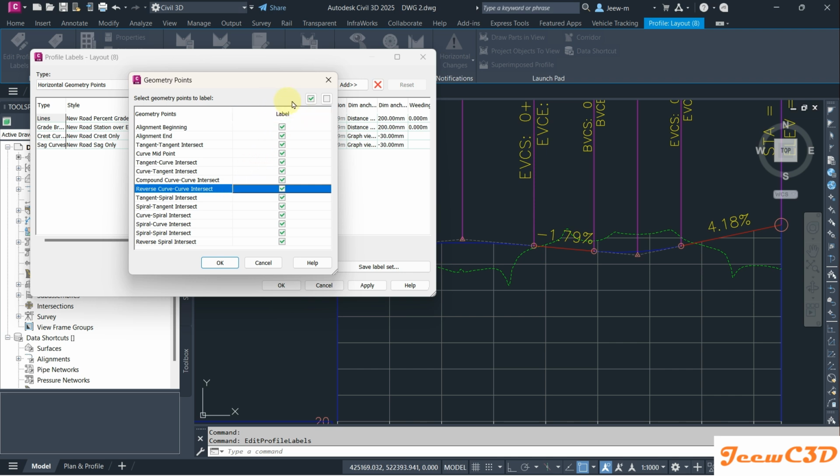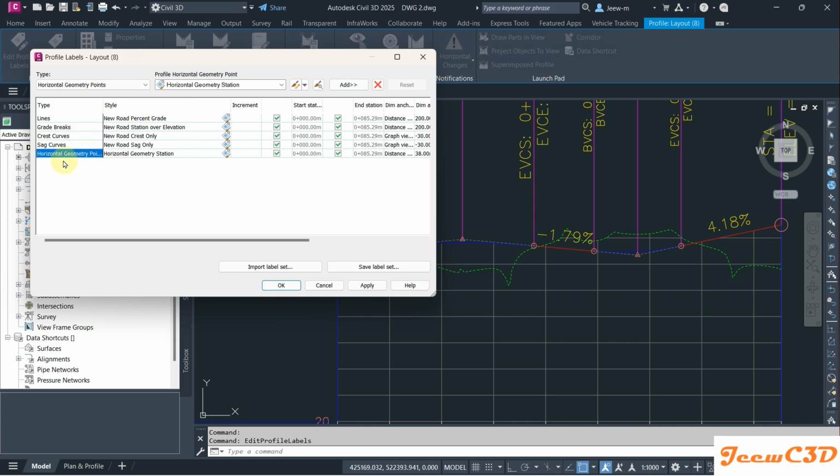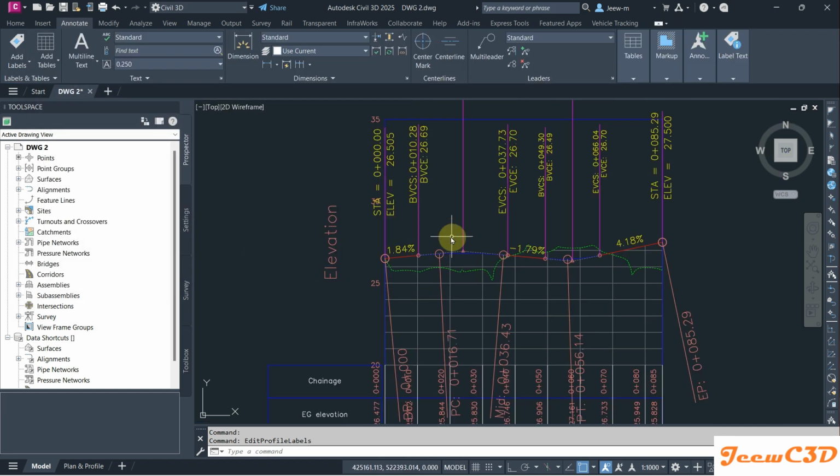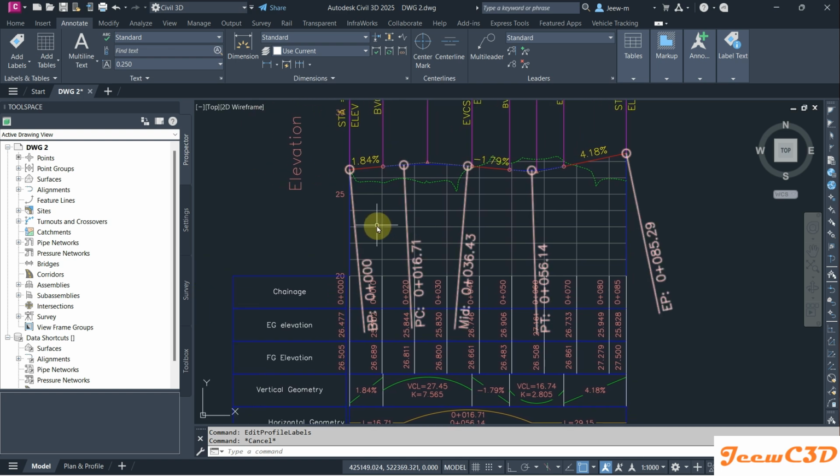If you want to turn on all these options at once, you can click this one, turn off, click this one. So I'm going to turn on everything here and I click OK, and I am going to click OK again. Now this style is added to the bottom here. Now I click OK. So you can see now these geometry points are attached to our